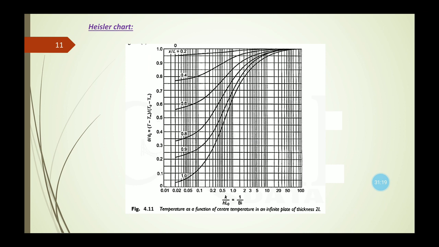In the x-axis, the value will be in between 5 to 10. So after 5, that will be the line of 1 by Biot number when it is 6,